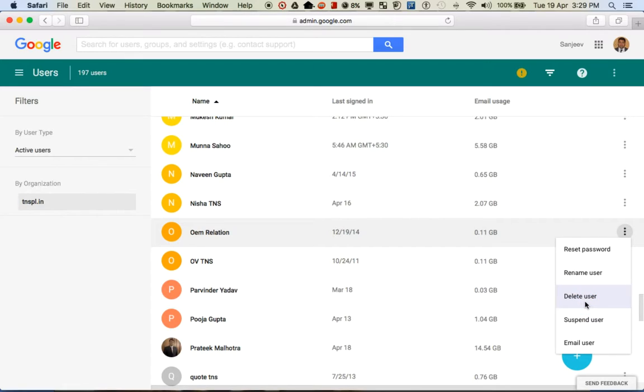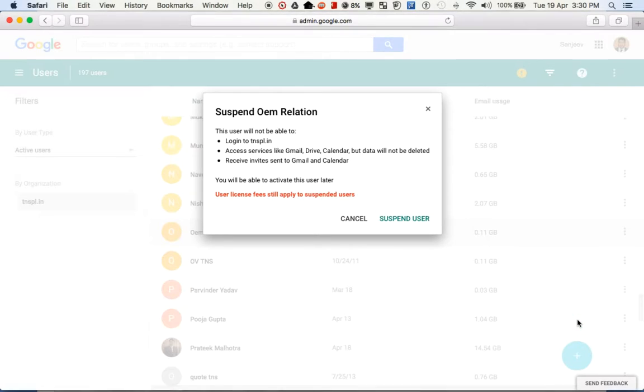If a user leaves the organization and you want to disable his account, then you have an option to suspend the user. What happens is that the user is no longer able to log into the account. You can change the password and reactivate later on so that you can access the data inside the account.